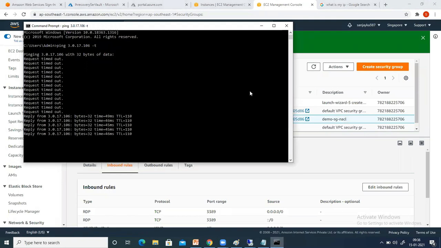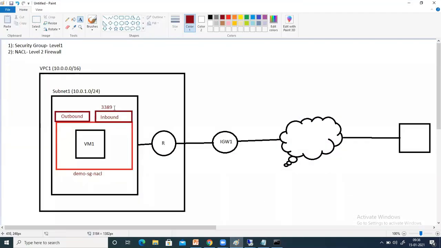So similarly, whatever you allow, only that is going to be allowed to get inside your EC2 instance. One thing you need to understand is that we attach a security group at the instance level.